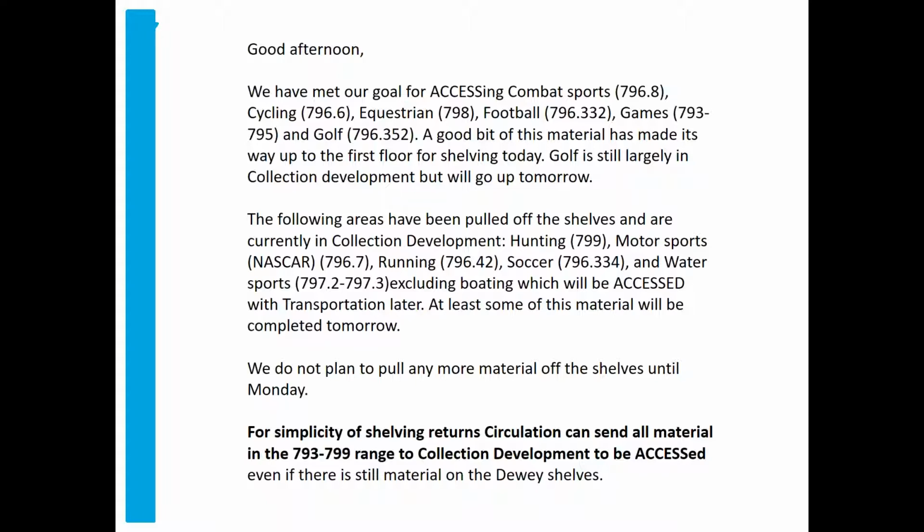Yeah. We did try for a turnaround time of 1 to 2 days when we pulled things off of a section so that we could get it back up on the shelves as quickly as possible. Sometimes nobody could find it by that time, but we tried our best to make that clear.